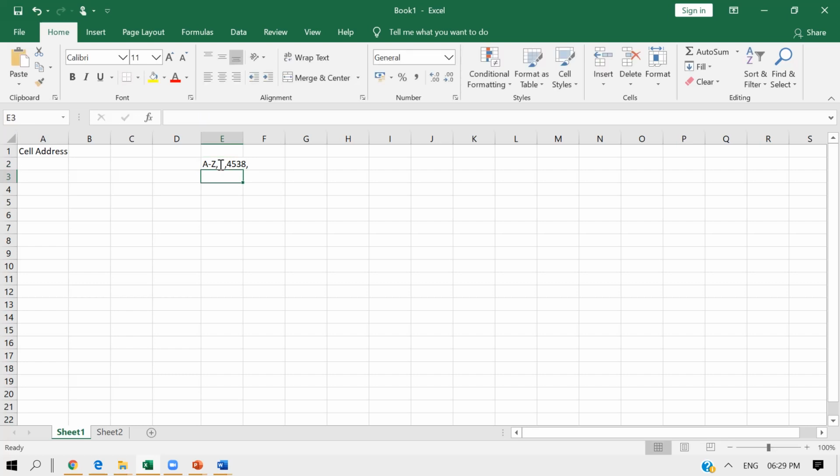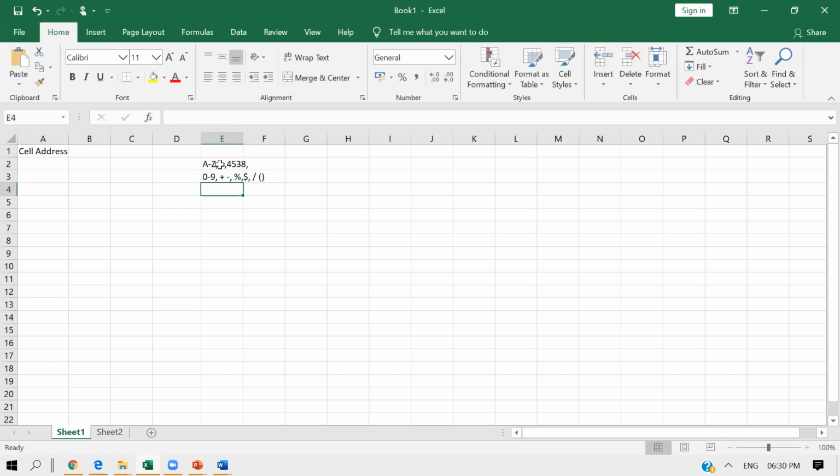Now for numeric data, we have 0 to 9, and then we also have plus, minus, percentage, dollar, slash, and brackets. So these are there for numeric data.